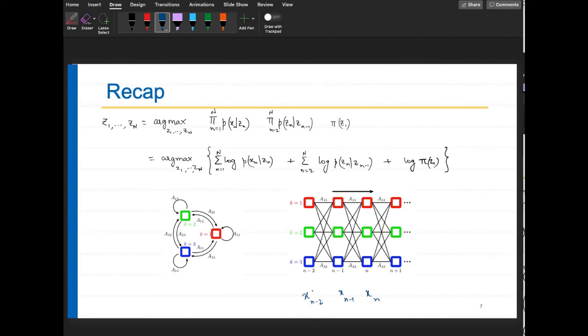So you assume that your x(n-2) is coming from k equal to 3 with the probability of p of x(n-2) given z(n-2) equal to 3, right? Look at this. p of x(n-2) given z(n-2) equal to k equal to 3. This z(n-2) is equal to 3 with some probability. Are you getting it? Okay, let me write it down. Probability that x, let's say x(n), given z